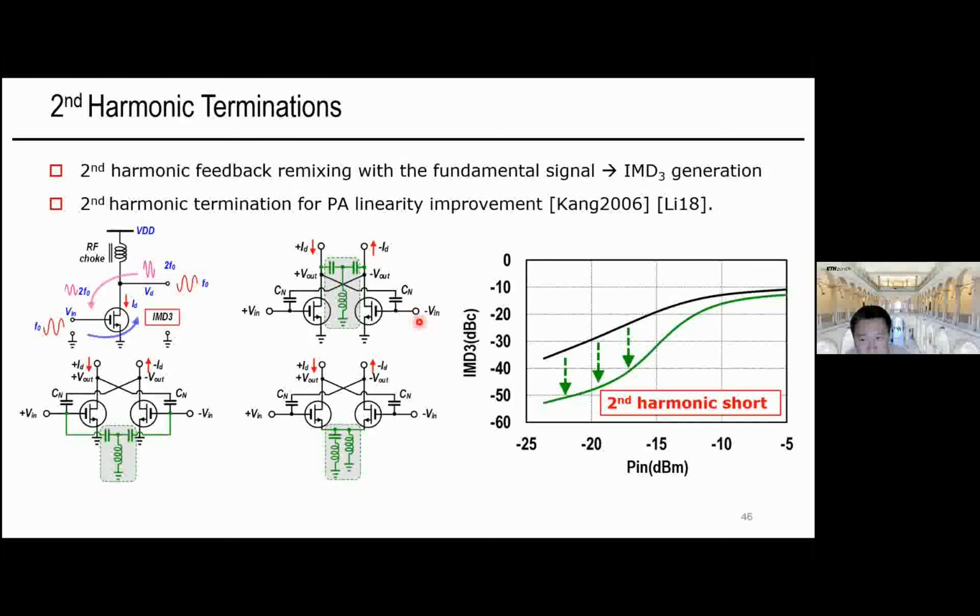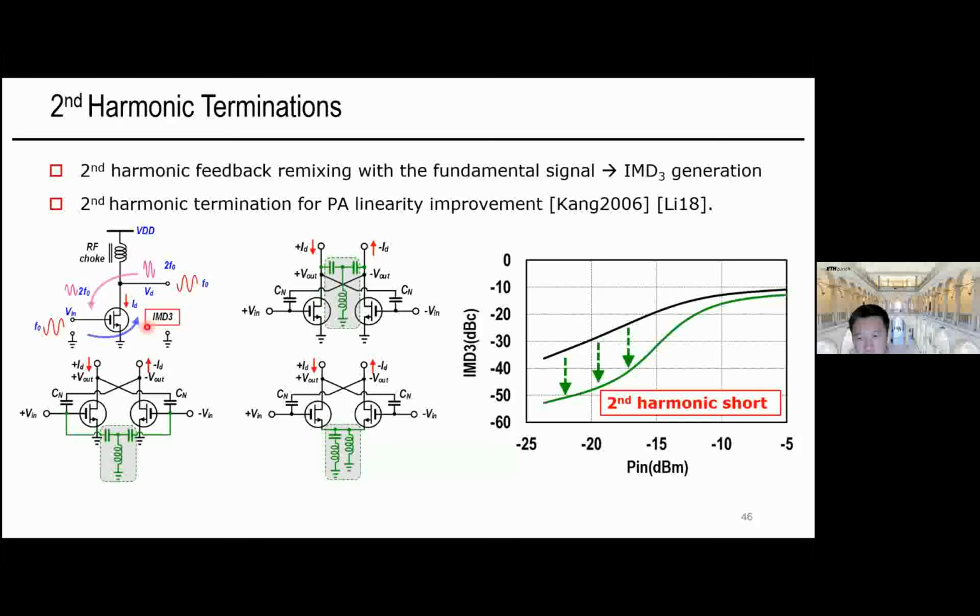Okay, so another major source of nonlinearity is the remixing of the signal-order harmonics of the PA from the output to the input. We can see that many linear PA operations will introduce substantial signal-order harmonics. For example, the class B PAs, and the PAs with certain output waveform shaping, like class F inverse PAs. Right, this kind of signal-order harmonics can remix with the fundamental through the device nonlinearity, and this will result in additional IMD3 components at the output,